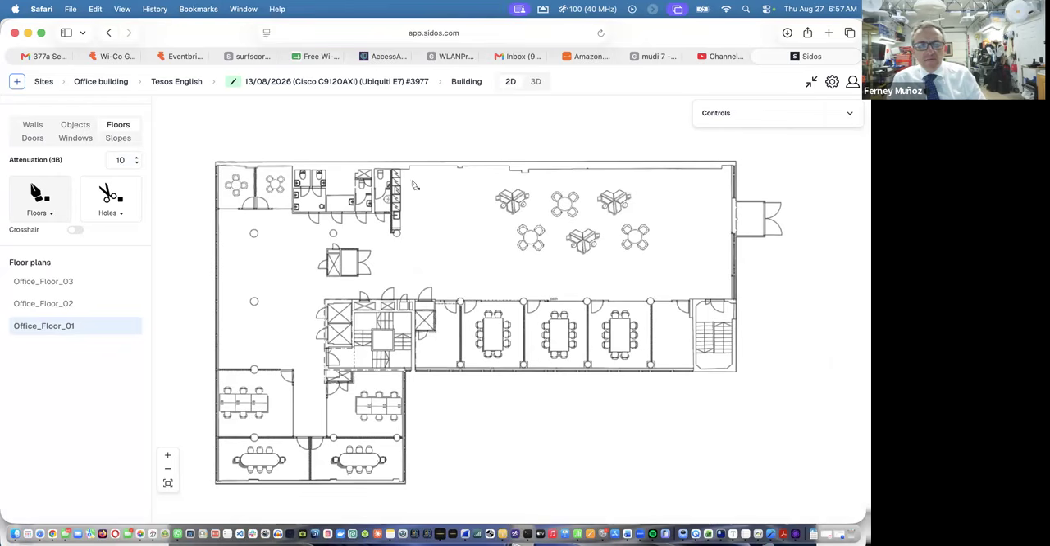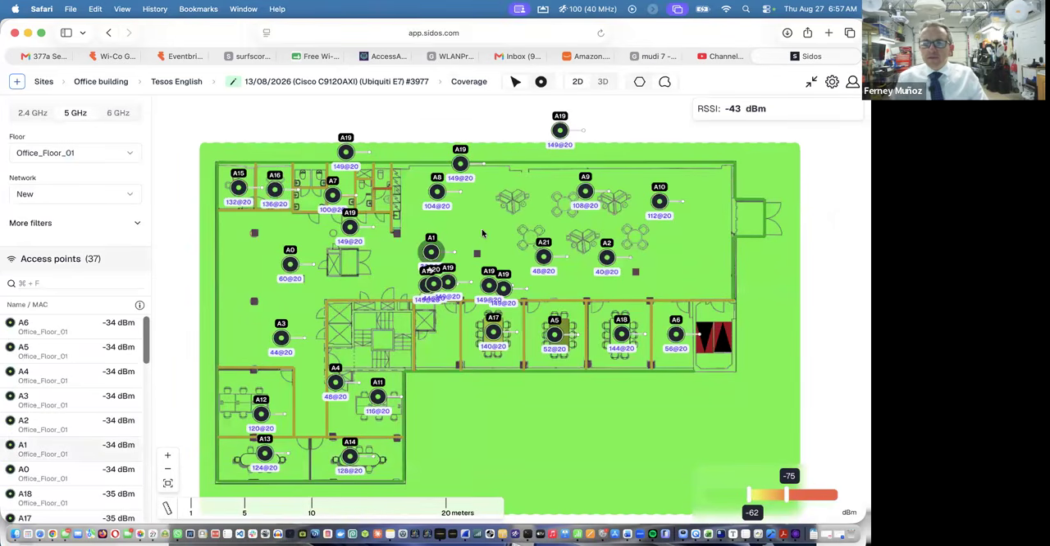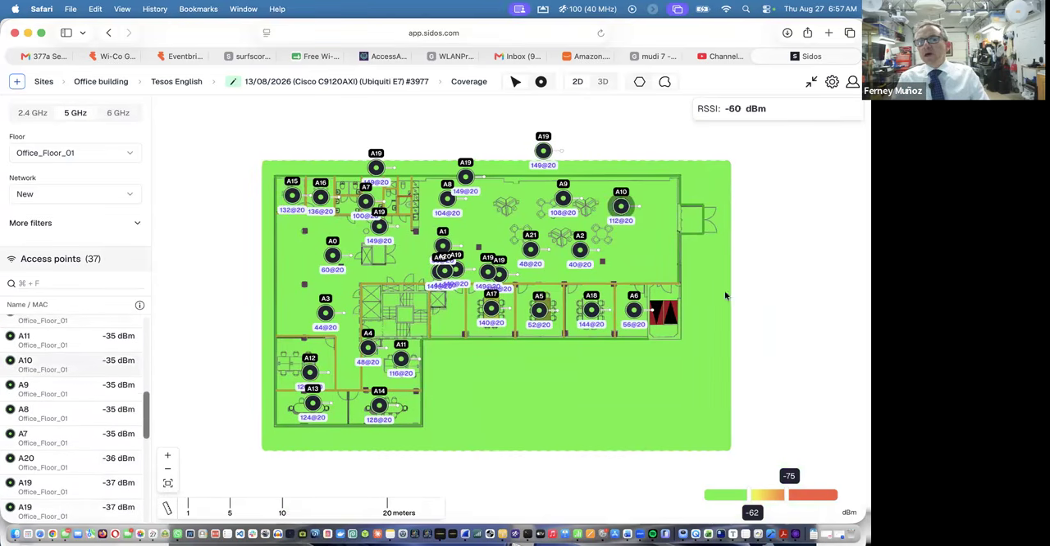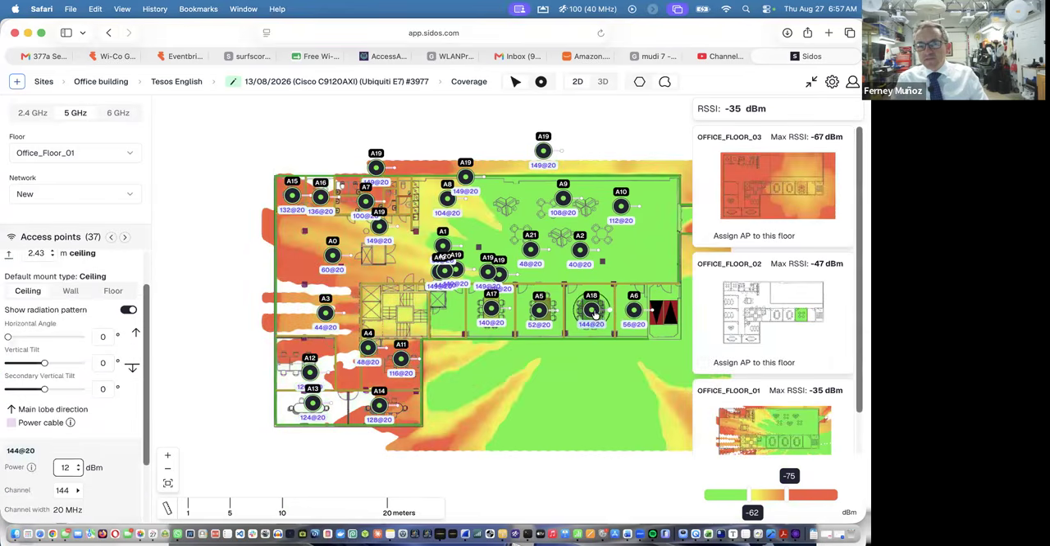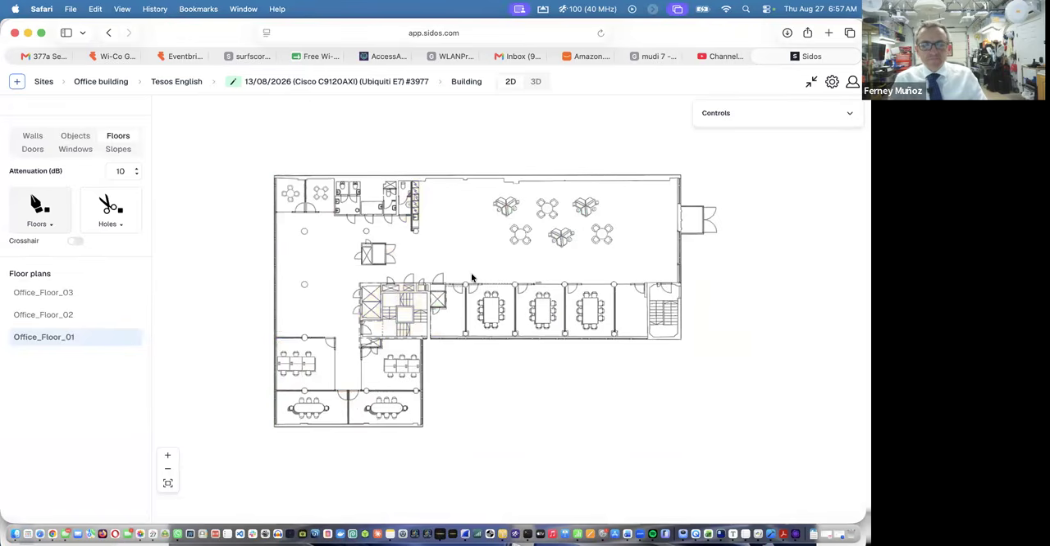I can say, because right now, there are a couple of things I can do. If I go to coverage, notice that since there's no area or floor defined, Sidos assumes that the entire canvas of the floor plan is where my design is. So if I select this access point, it goes out there and does math and everything. I can, on this first floor, if I go to building,